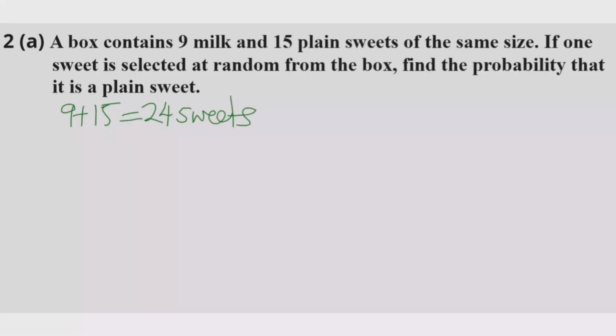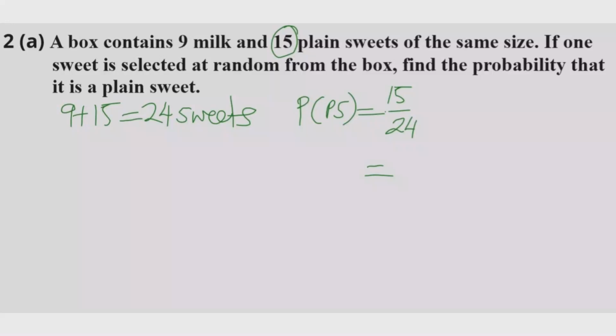Now once we have identified this, the next thing we need to do is go to the probability of plain sweets. So we can say probability of plain sweets is equal to, we have got plain sweets, they are 15. So we say probability of plain sweets is 15 over 24. This is the